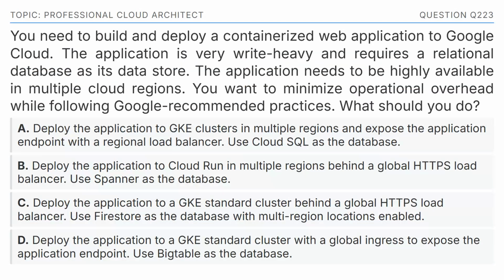You need to build and deploy a containerized web application to Google Cloud. The application is very write-heavy and requires a relational database as its data store. The application needs to be highly available in multiple cloud regions. You want to minimize operational overhead while following Google recommended practices. What should you do? The options are: option A, deploy the application to GKE clusters in multiple regions and expose